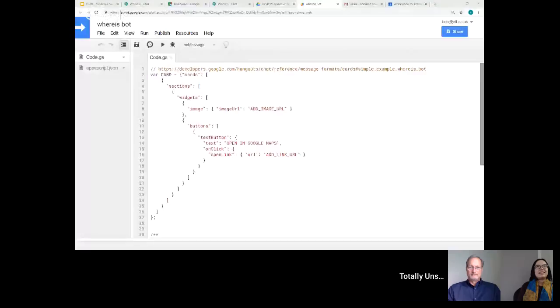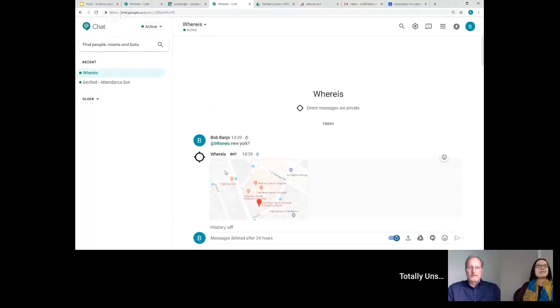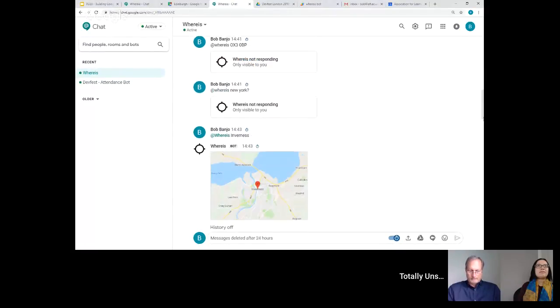And in terms of the front end experience when your stuff goes wrong, let me just share my screen again. So if we go into the where is bot, one of the things I found when I was trying this example earlier is that our code is extracting the username, the bot name, out of the message. But if I just put a space here rather than selecting the where is bot and then putting Edinburgh back in there,